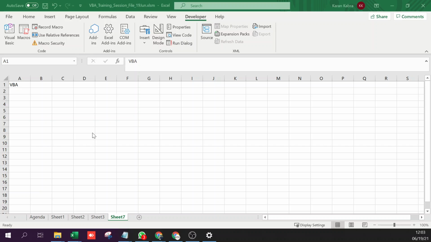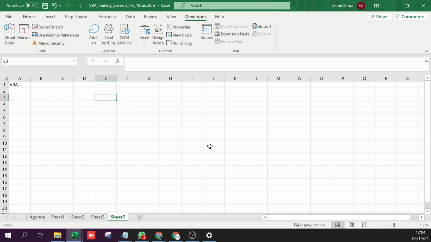Okay. Now I will go to something which is the most important pillar of writing any logic, that is decision structure. So I'm sure you would have heard of a formula called if, right?